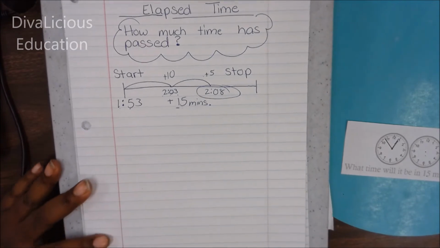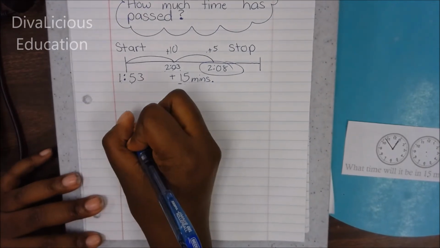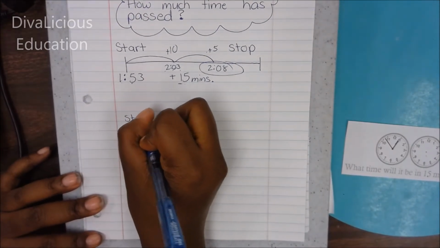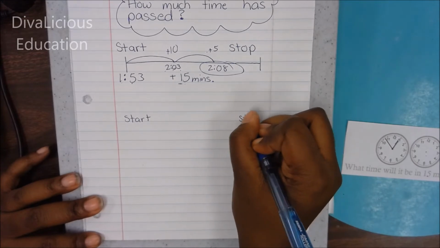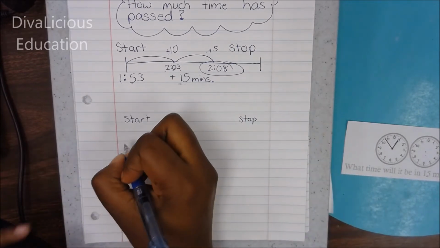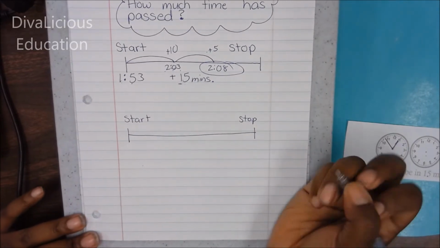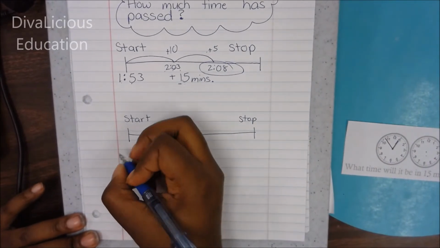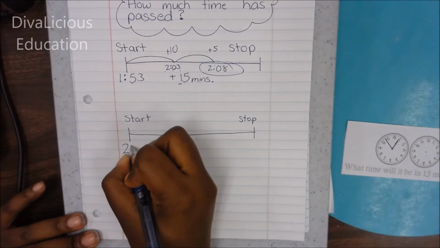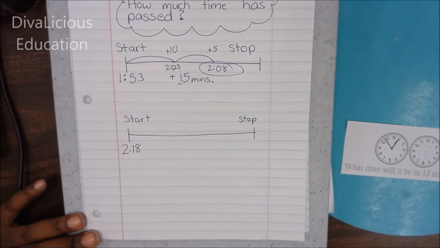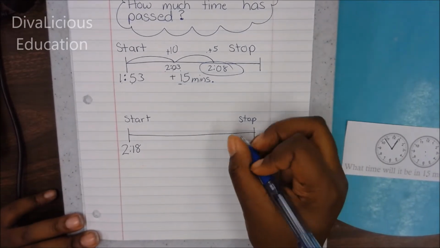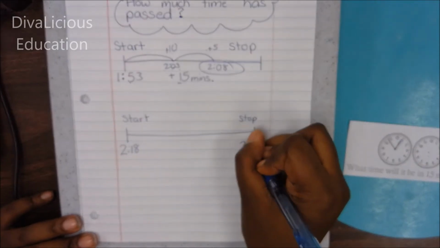Let's try another one. Let's try one where we know the start time and we know the stop time. And let's figure out the minutes in between it. So let's say we have a start time of 2:18 and it ends